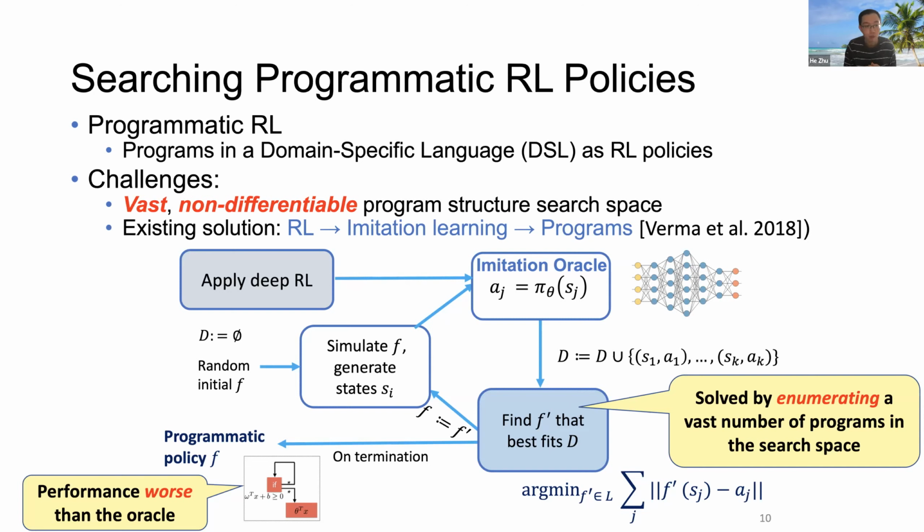Okay. So there are two problems. One is, first, we need to enumerate a lot of functions F from the search space. And the second, the performance after imitation learning is not as good as the neural oracle. Okay. In order to address these two challenges,